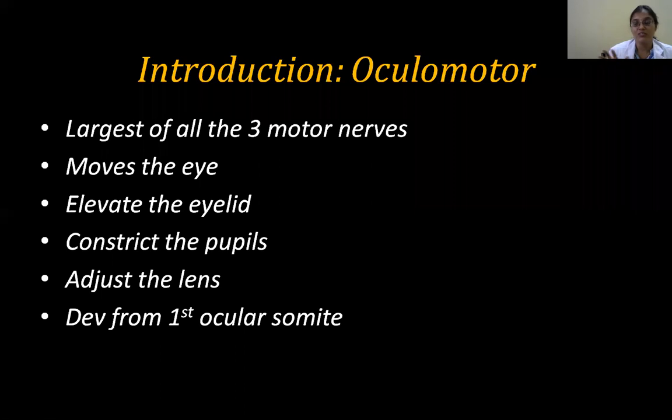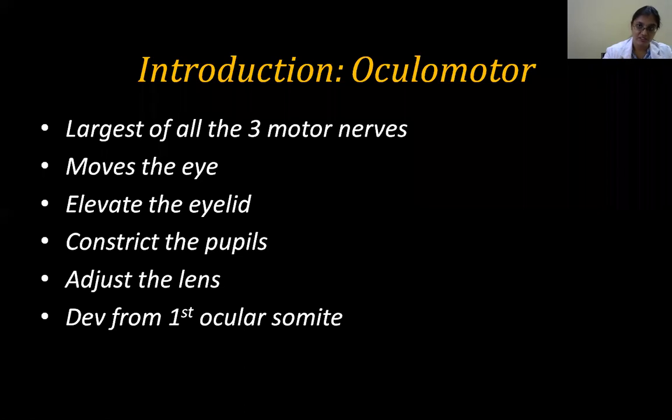Now that the eyeball class is over, you must know that there are two intraocular muscles related to the oculomotor nerve. That is the sphincter pupillae and the ciliaris muscle. The dilator pupillae is with the sympathetic system, so this is the constrictor. It will adjust the lens. When you're reading, first the lens will be adjusted. After that, the pupil constricts to shut down the peripheral light, so it is more focused when you are reading. This action is because of your oculomotor nerve through its innervation of these ocular muscles.